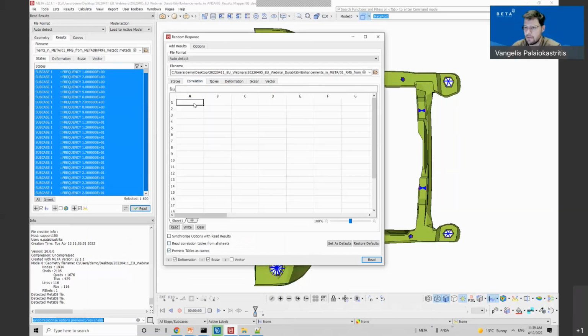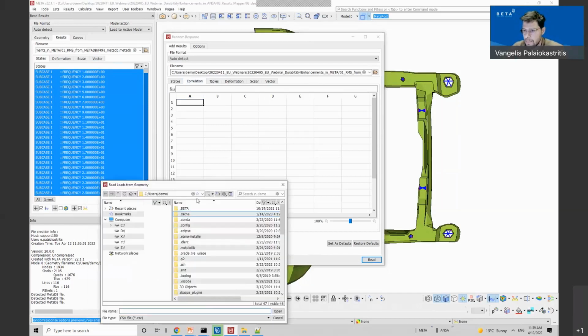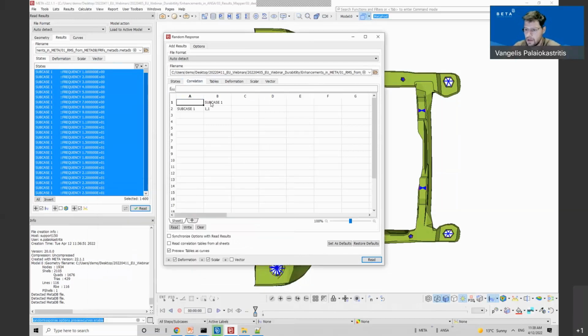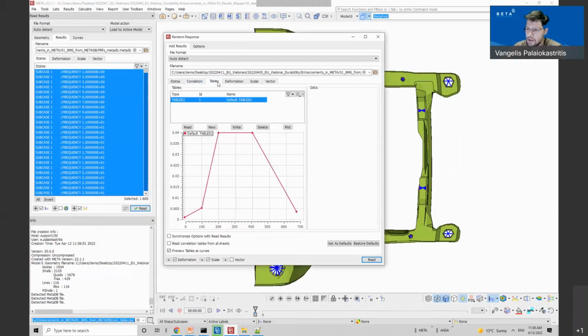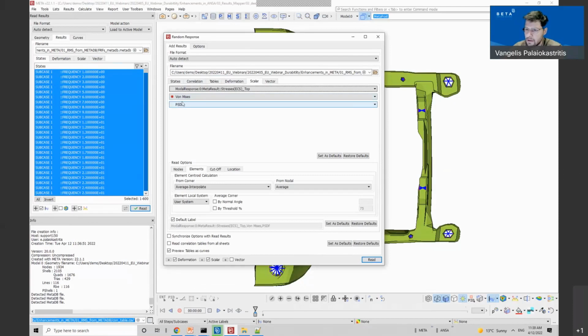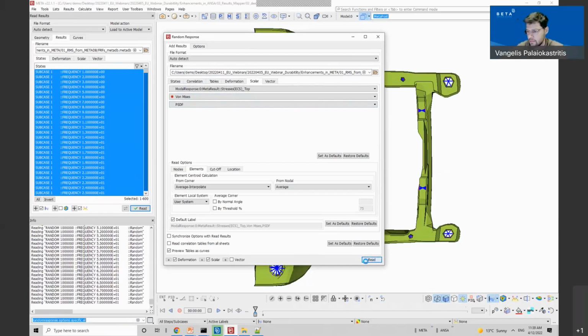Since I have only one input, the correlation table will look like this. Okay, and once I have specified the PSD, I will calculate the stress PSD based on the FRFs and the PSD input.